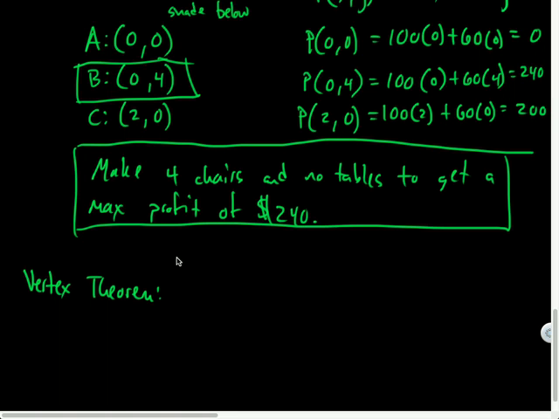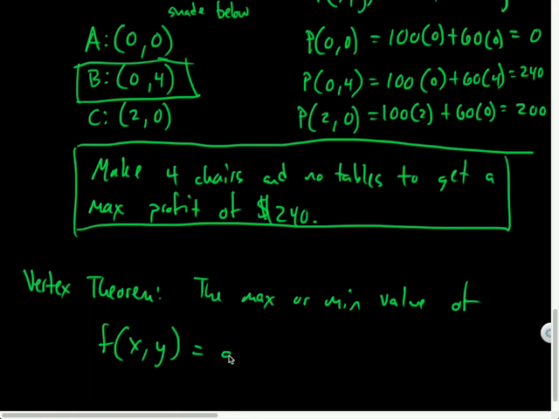It says the maximum or minimum value of some equation, like a profit equation, or it could be a cost equation. Maybe you're trying to minimize that. F of x,y equals ax plus by plus c on a polygonal